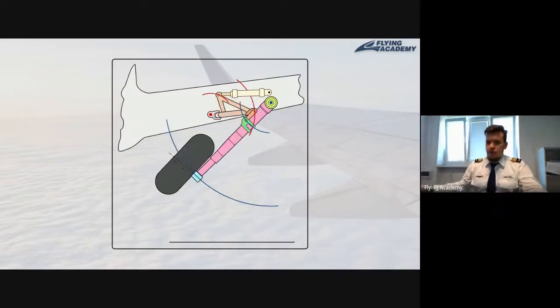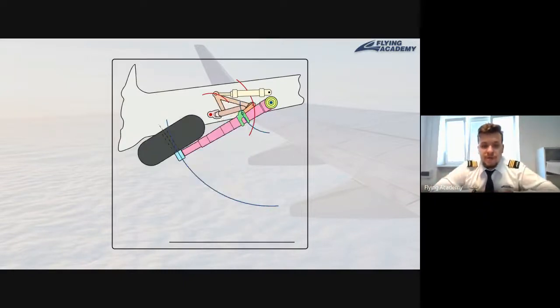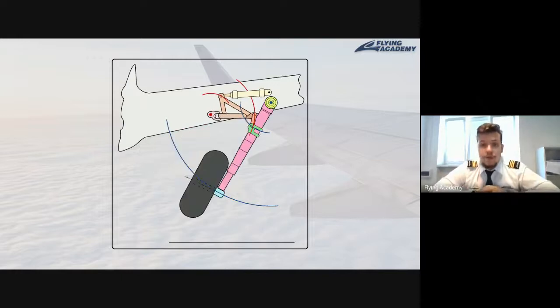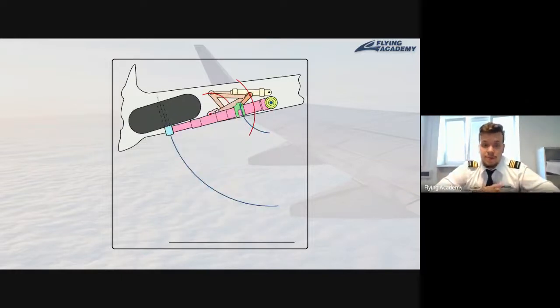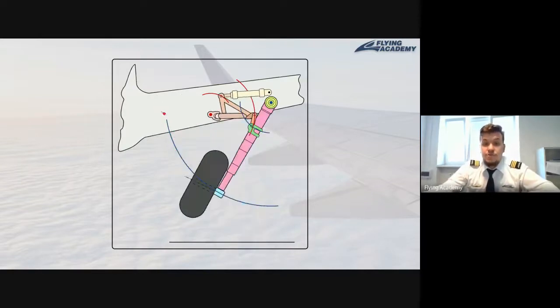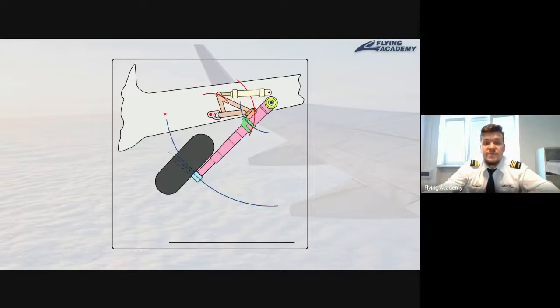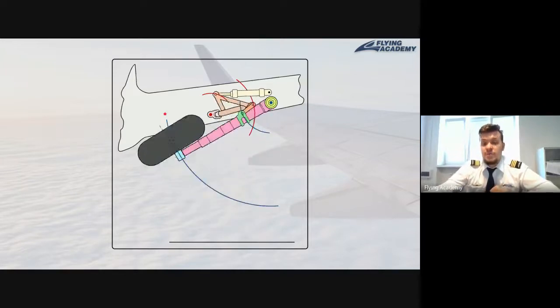Landing gears are supposed to be fixed and locked in a down position, but also the landing gear is supposed to be fixed and locked in an upper position. So at the moment when our landing gear is reaching the upper or retracted position, we're supposed to have some mechanism which will hold the landing gear in this up position.